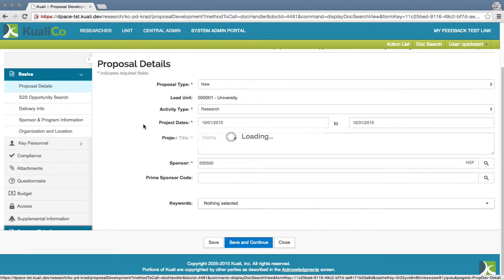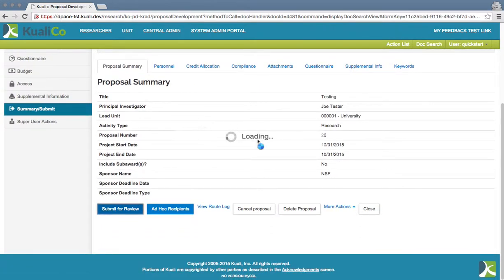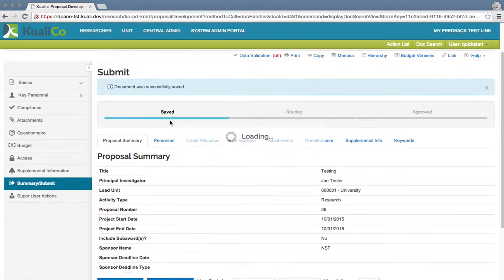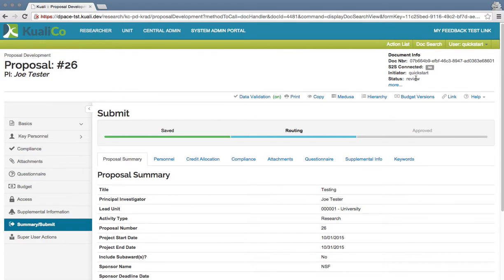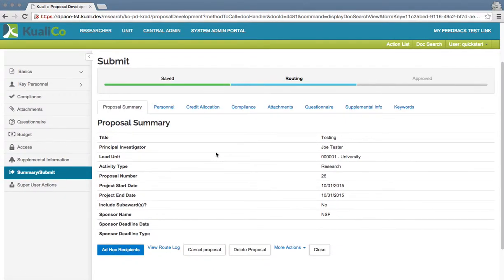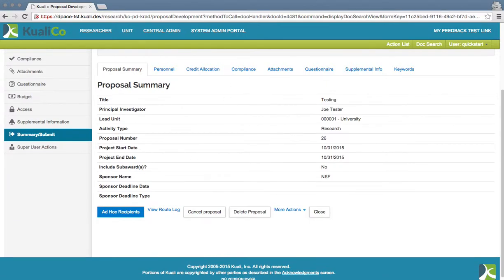Jumping down to summary and submit. Let's go ahead and submit this proposal. And you can see now that it went from draft to review, and that the system sees that it's in routing. Sadly, I didn't get to actual approvals,